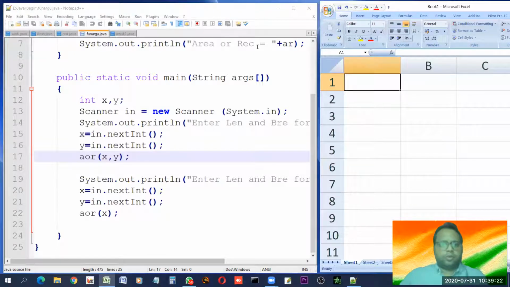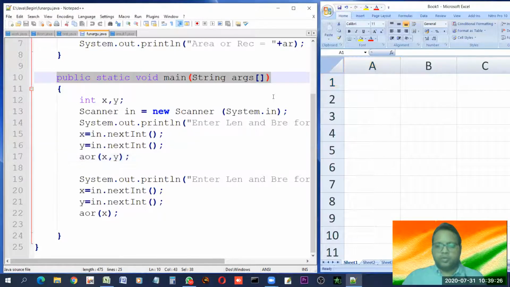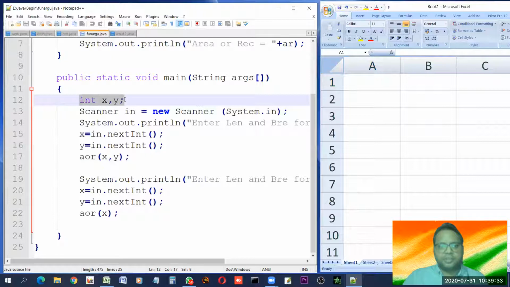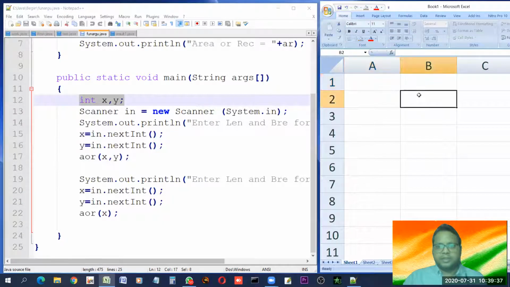Fine. As you know, execution always starts from the main function. This is the main function. What is the first instruction in the main function? Int x and y. What will happen? In RAM, the int x variable is created, although int takes 4 bytes, 1, 2, 3, 4.